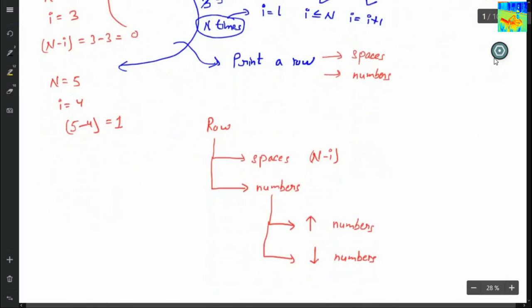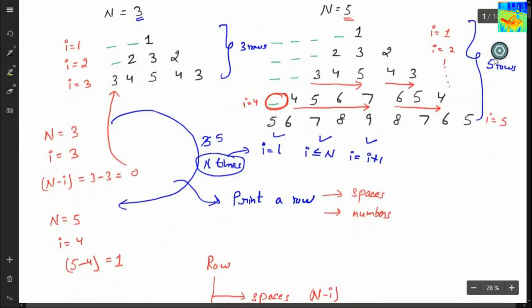First I am printing increasing numbers, then I am printing decreasing numbers. So how many increasing numbers do I have to print? Here the value of I is 4, so I am printing 4 increasing numbers. Here the value of I is 3, so I am printing 3 increasing numbers. Similarly, here the value of I is 2, so I am printing 2 increasing numbers.